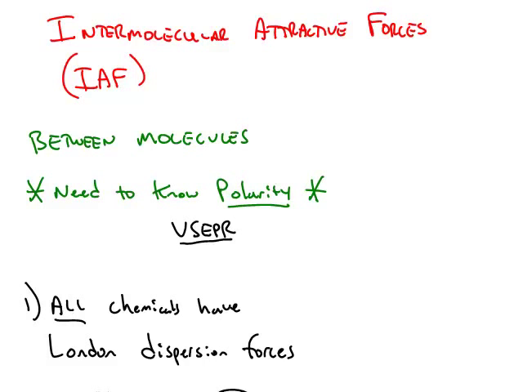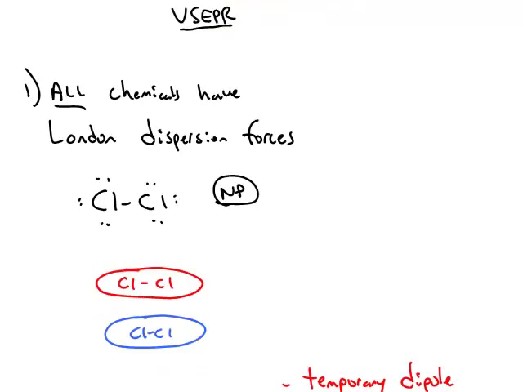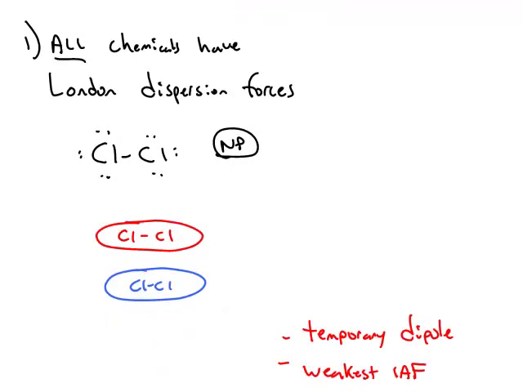The first intermolecular attractive force is called dispersion forces or London dispersion forces. Every chemical has London dispersion forces. For example, diatomic chlorine is a nonpolar molecule. Here are two diatomic chlorines close to each other. London dispersion forces are caused by the random motion of electrons in one molecule, which can induce a dipole in a close by molecule. So, for example, if the electrons in the red chlorine